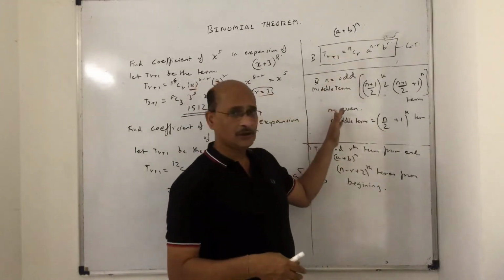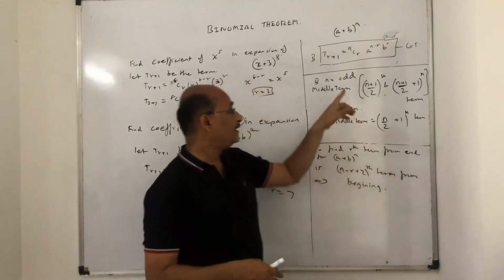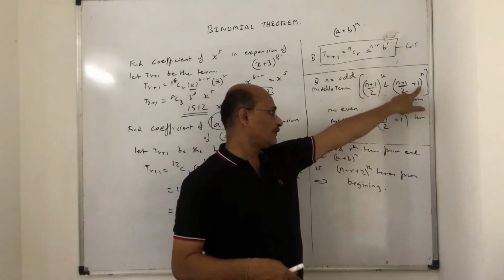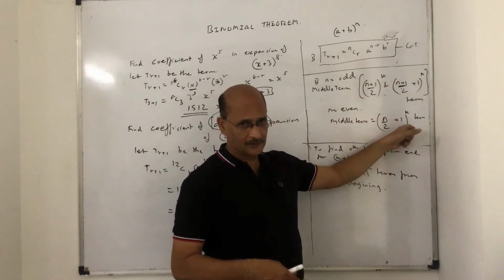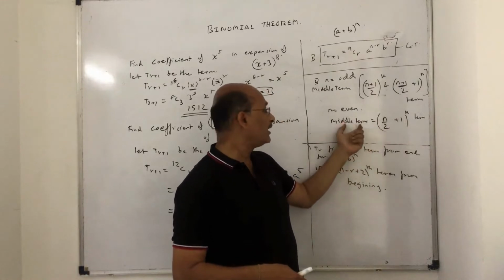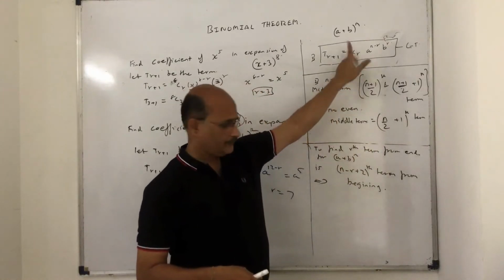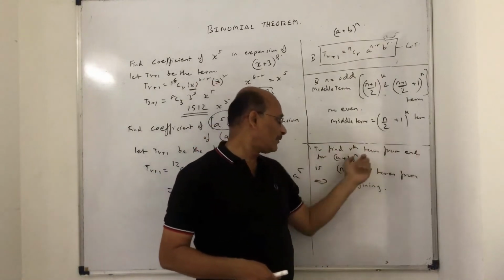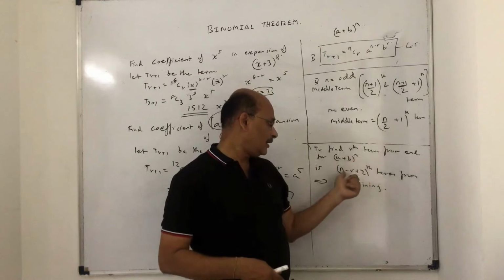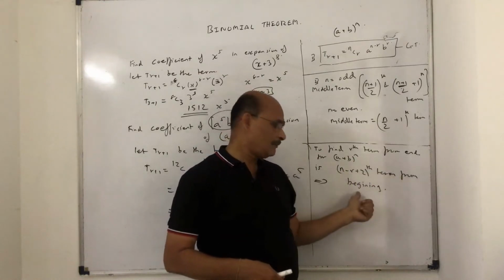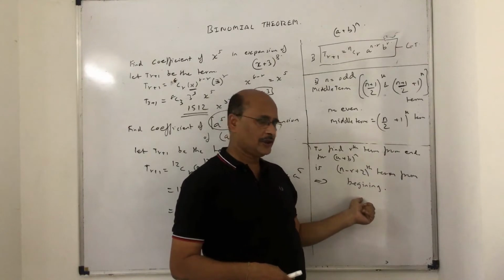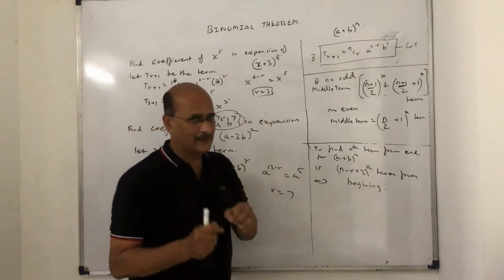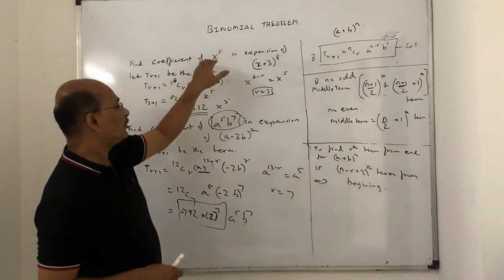Middle term concept is what? The number of terms. If n is odd, then it is the (n plus 1) upon 2 term, or (n plus 1) upon 2 plus 1 term. If even, it is the n upon 2 plus 1 term. You get the rth position. So once you get it, you can find the value of the term. Once you finish with this, then we went to the second, third case, finding the rth term from the end. If (a plus b) raised to n, it is the (n minus r plus 2) term from the beginning. So this is what you have to find. Okay, not from the end. Then we went into a specific type of sum where they find the coefficient of some term.